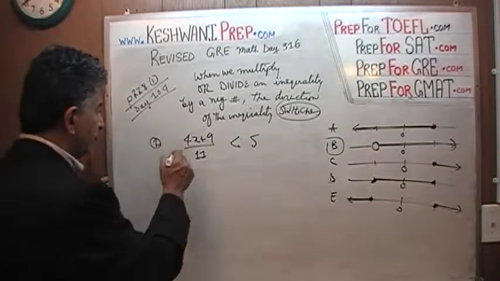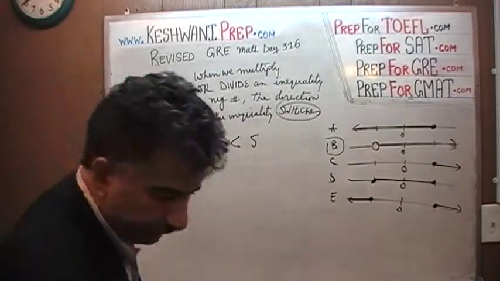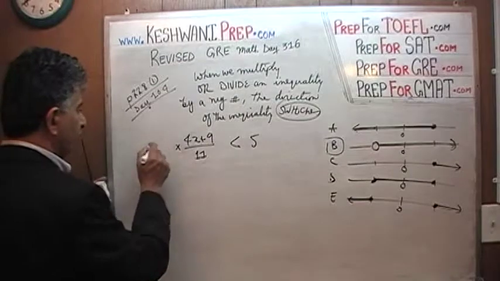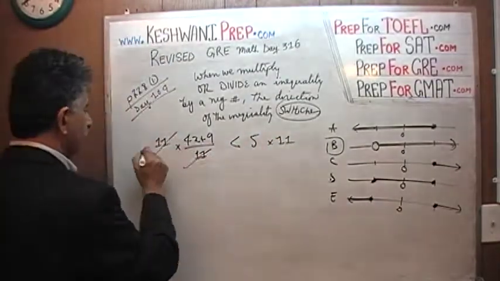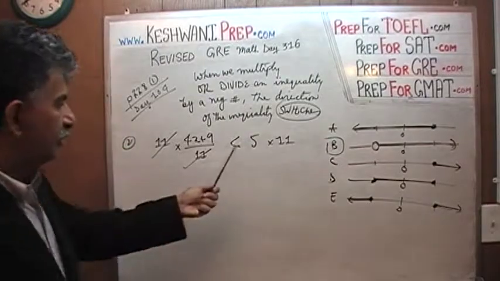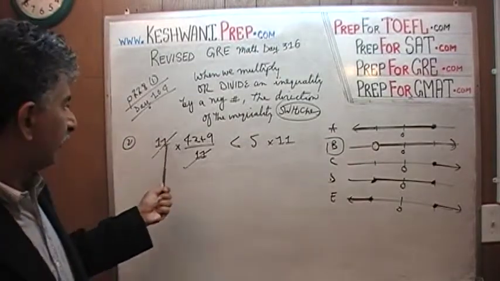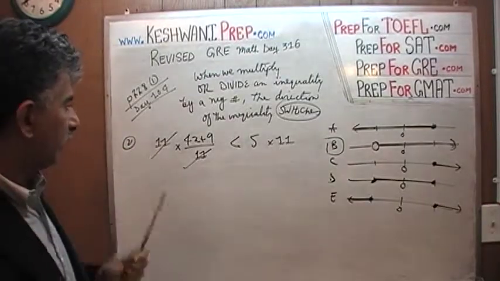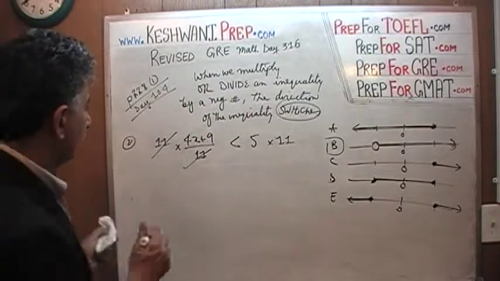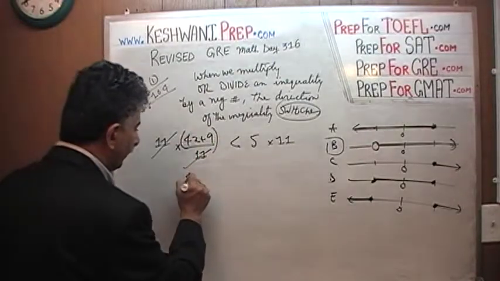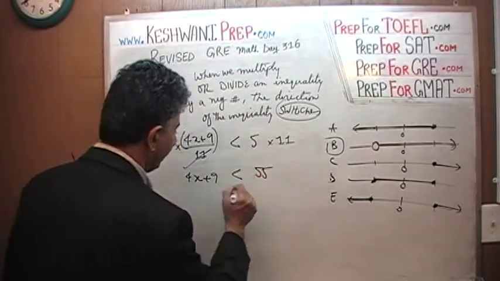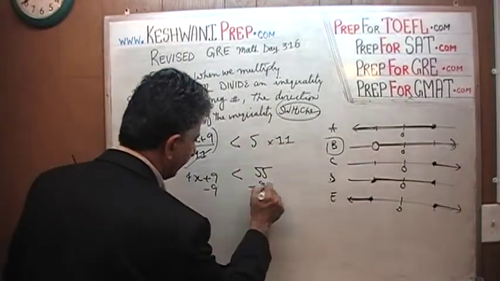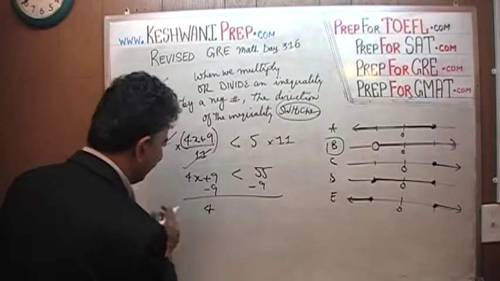So if you multiply both sides by 11, we can get rid of this 11, and we don't have to worry about switching the direction of this inequality because we are multiplying both sides by a positive number. So that 11 disappears, and we end up with 4x plus 9 is less than 5 times 11, which is 55. Subtract 9 from both sides,